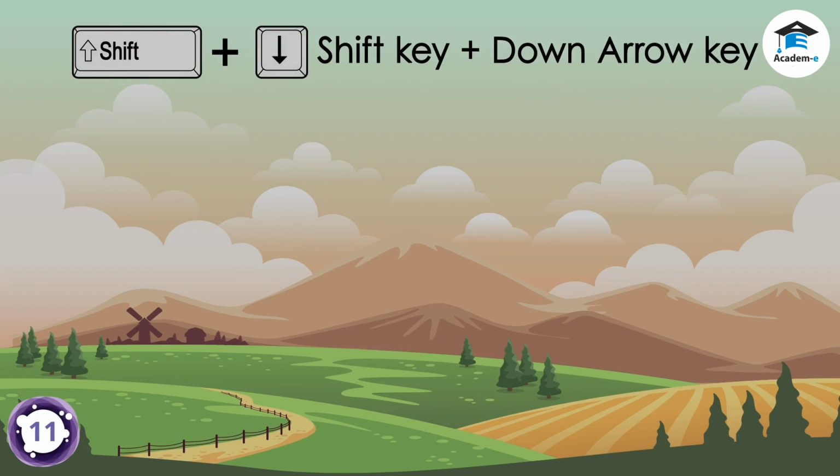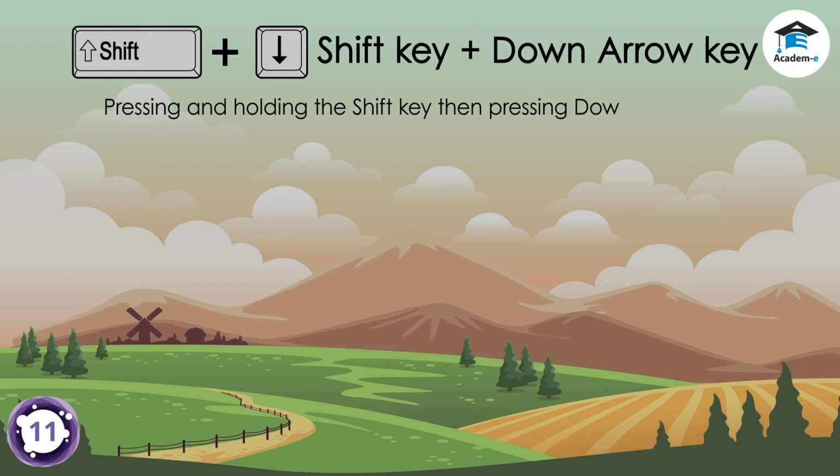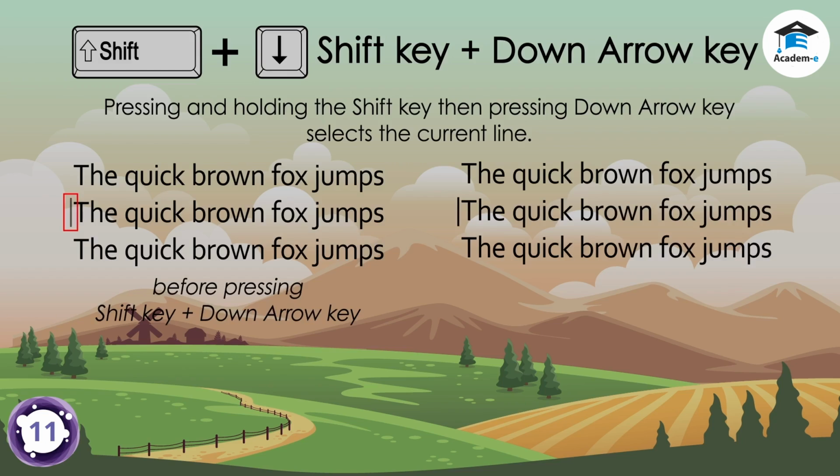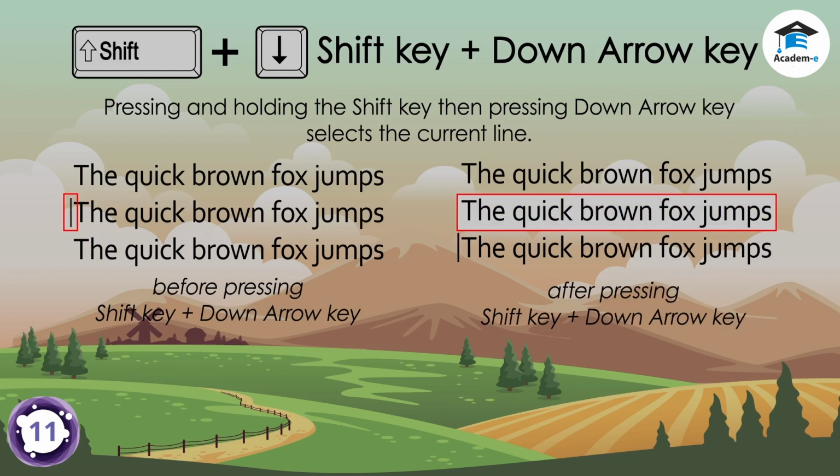Shift key plus down arrow key. Pressing and holding the Shift key, then pressing down arrow key selects the current line. Before pressing Shift key plus down arrow key, after pressing Shift key plus down arrow key,